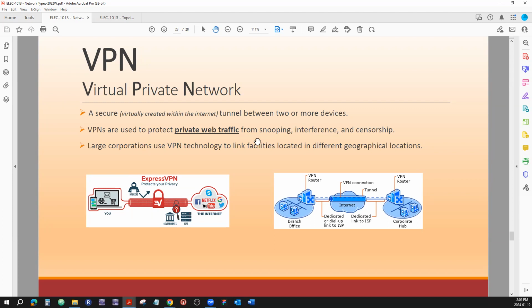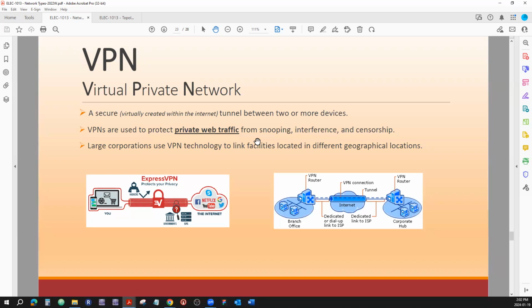VPN, instead of running wires from one building to another, if the company owns multiple buildings, and there are certain companies that own a lot of buildings, and all the transactions, all the data traffic has to be harnessed at the same spot at the same time, then a VPN is the most practical solution for the data traffic.